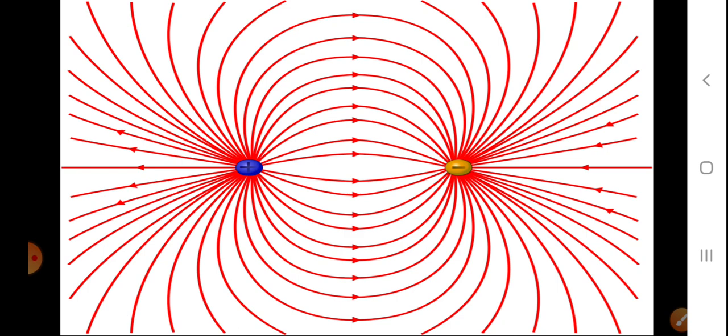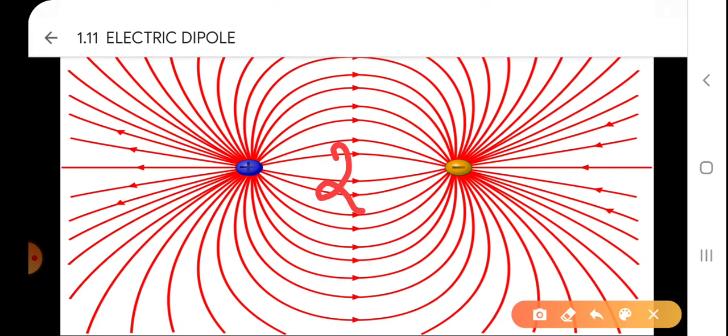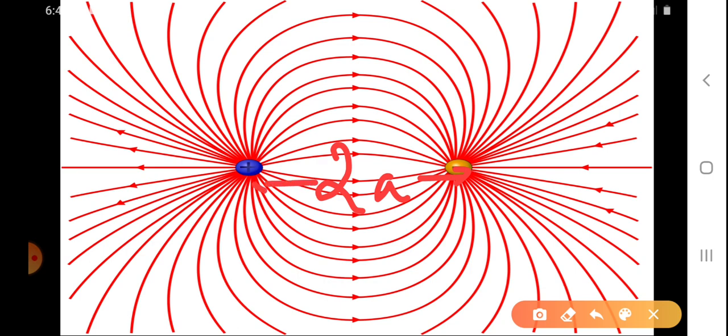But at a distance, when we consider a point r which is much greater than the distance between the two charges of the dipole. What is the distance between the two charges? The distance between them we say is 2a. If we consider a point somewhere here or here,